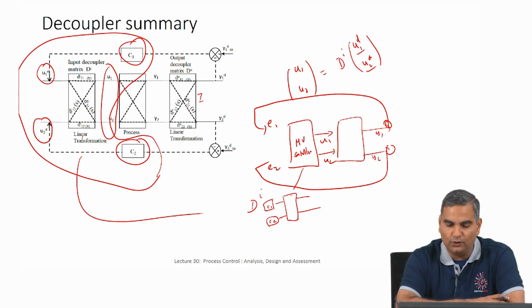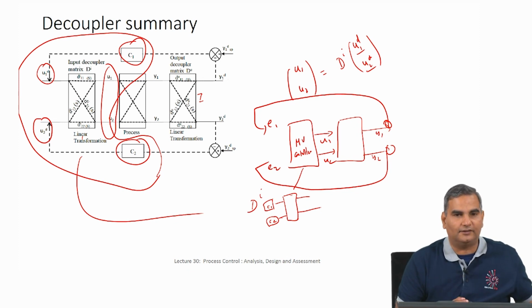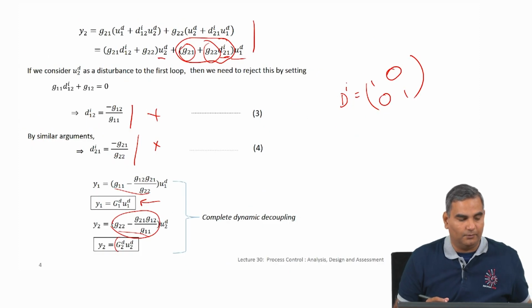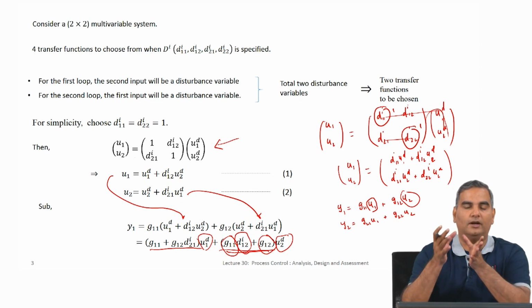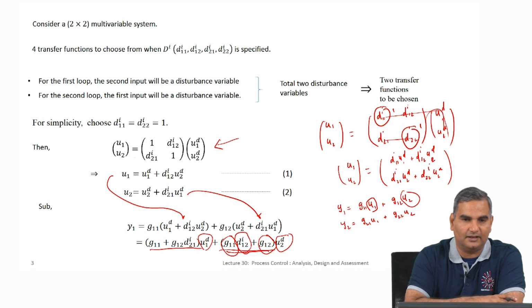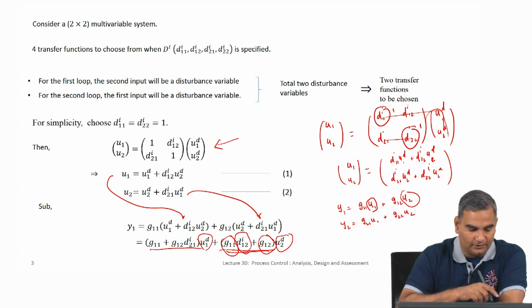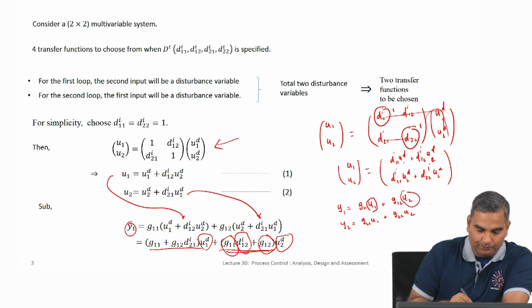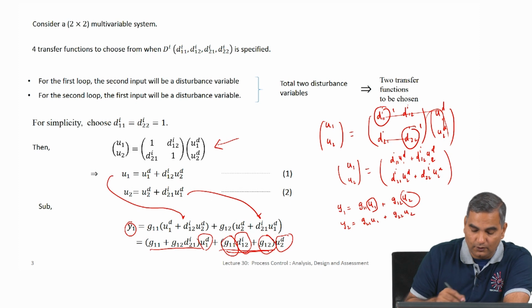Now, you will also notice that this is very similar to how we looked at feed forward control. So, you might think of this as a generalization of the feed forward idea. Remember, in feed forward control also we had two terms for the Y, where there was one term which was coming from the disturbance, and then we said if you want to kill the disturbance, what should that be? So, we set that term to 0. Now, in this case for Y1, we notice that if we assume that I want to only be manipulating U1 decoupled for Y1, then the effect of U2 decoupled should be 0, just like how we said in feed forward the effect of disturbance should go to 0. So, that basically means that this transfer function had to be set to 0.